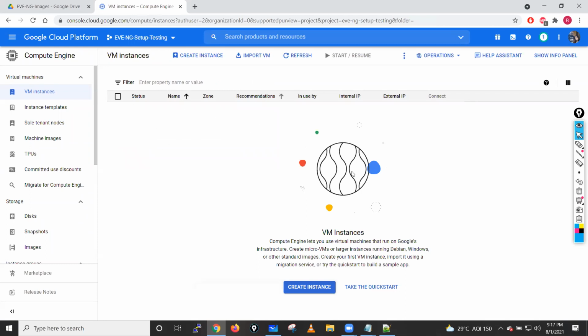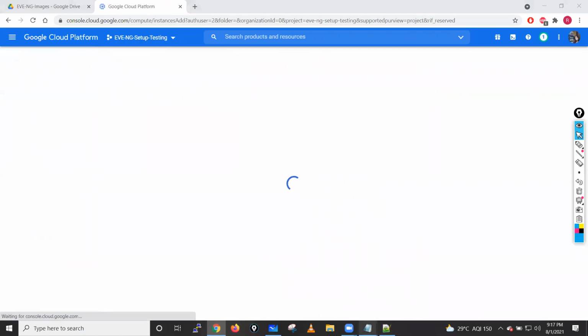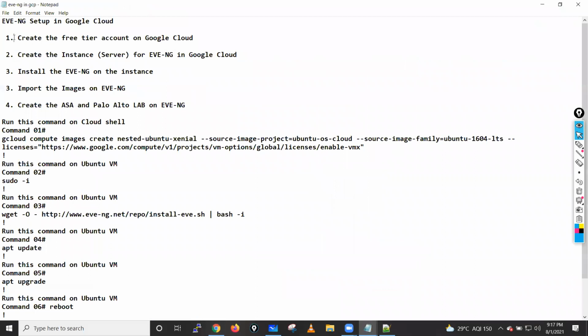And after that, you will get this kind of window here, guys. Okay, you have to click on create instance. If I go there, you have to have a Google Cloud account. Now we have to create the instance on Google Cloud. It means now we are creating one server in the Google Cloud, and on top of that server we will run the EVNG image. Okay,